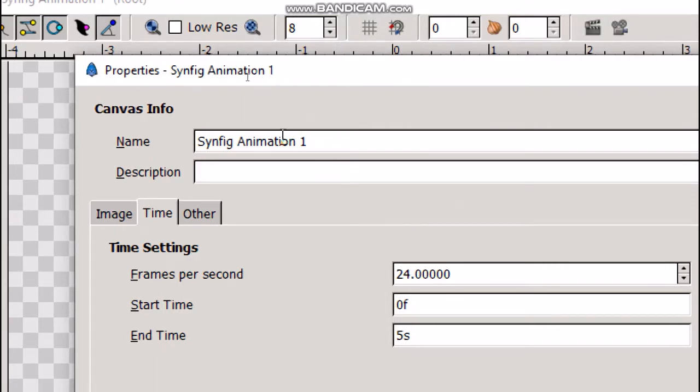Last time we gave the name as moving circle, in which the circle moved from left to right only. This time let us give the name as moving circle 2 and description as moving circle using keyframe.